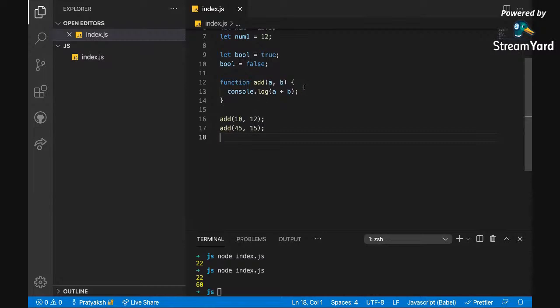Okay, now let's talk about void. In some cases, as the programmer, you don't want your function to print the data. You want your function to do the computation part and then give the result back to you. Now, if I'm standing at this line at 12 plus 12, I don't know what result I'll get. I have no idea. I just call the function and the function itself prints the answer. But let's say now I want to use this value later on, so I want to hold this value.